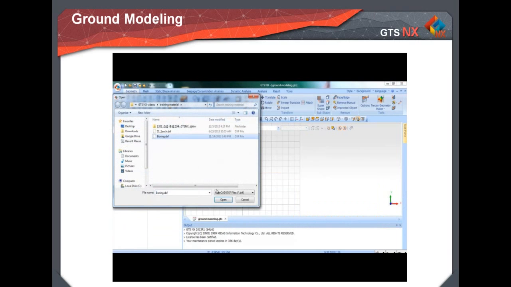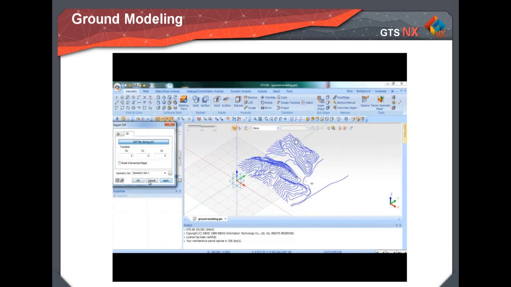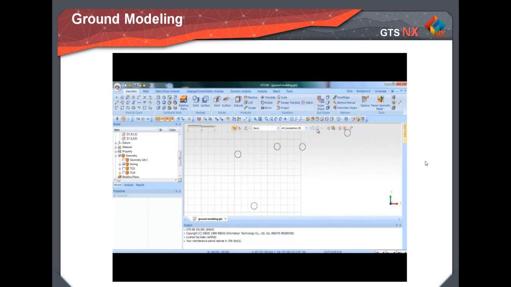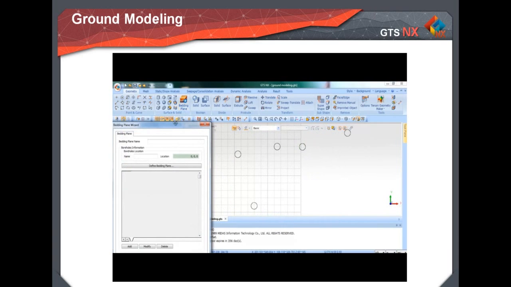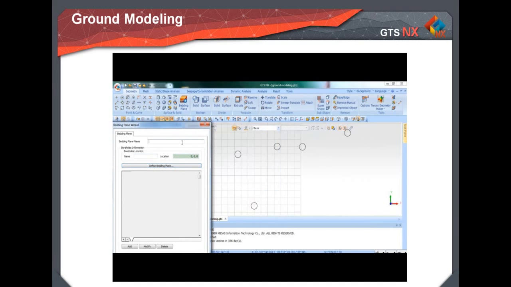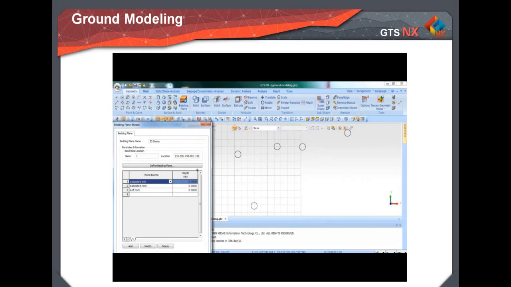Okay, so as you can see, you can just select the AutoCAD file directly from your computer, and then it'll import it directly into the program. So here's your 3D AutoCAD drawing, and here are your boring logs. So you can use this bedding plane option here to select the different boring logs. And then you would just select the boring logs, you give them a name for the bedding planes, and then when you define the bedding plane, you would just select the